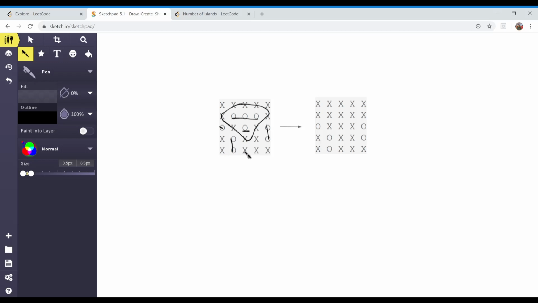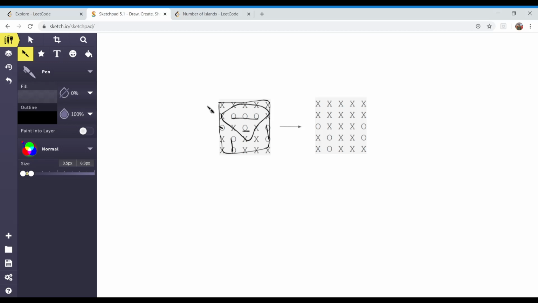If you look at the example closely, you can easily relate that if any O is at the boundary, then it is kept as is, and anything that comes in contact with O's at the boundary is again checked, and if that is O, then it is also kept as is, because any O present at the boundary means that it is not surrounded from one direction, that is the open direction. So that is pretty much it.